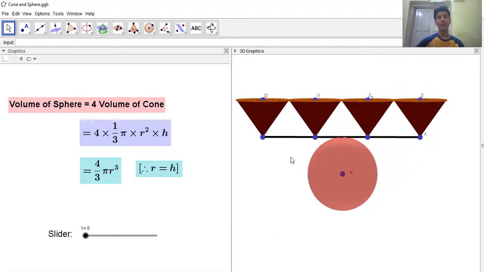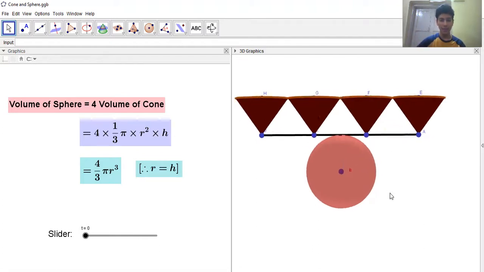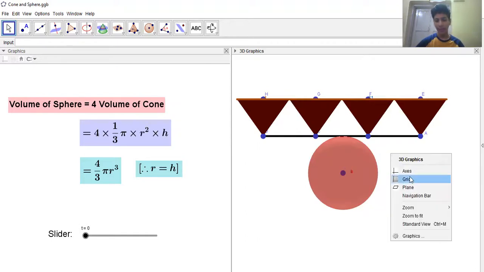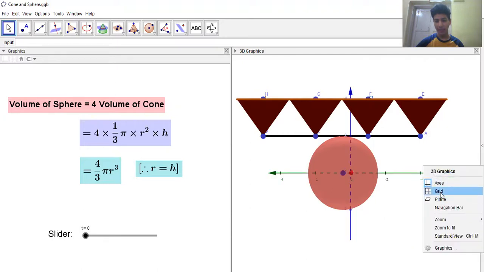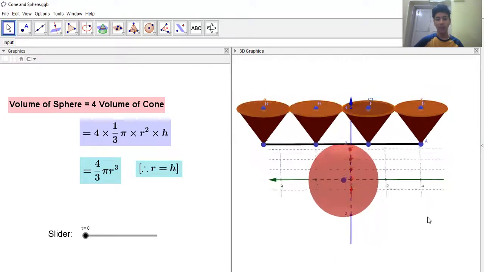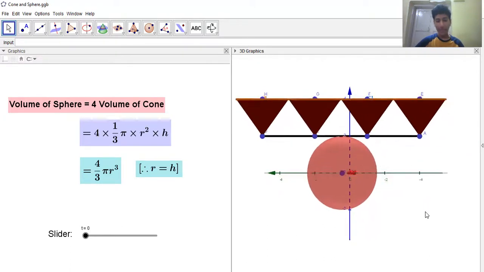Okay, so we have taken four cones and a big sphere. So for this derivation, we actually need one sphere and four small cones with the same height and radius. So if you are not very aware that this is the sphere and cone of same height and radius,